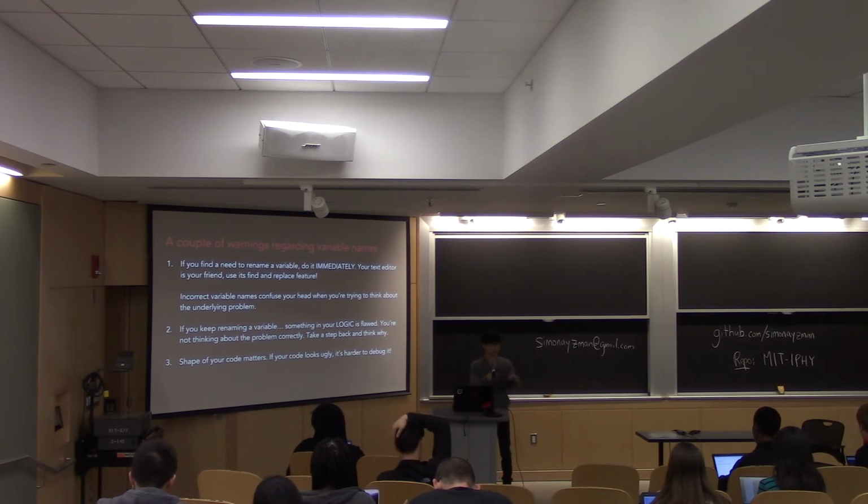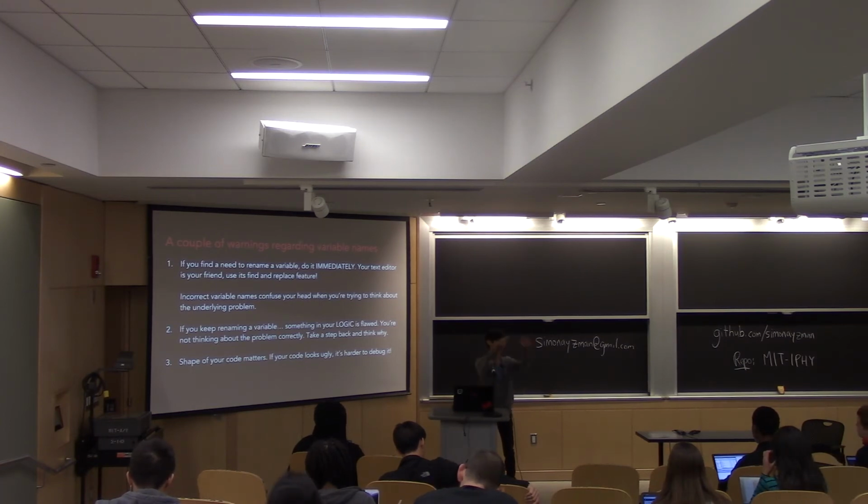Another thing is, let's say you're implementing something and then you're like, oh, this variable's wrong, I'll rename it. And 2 minutes after, you're like, wait, no, I need to rename it again. And you keep doing that. That's actually a sign that the logic of how you're implementing this entire blob of code is probably wrong. It means something is connecting in your head incorrectly, and therefore you're going back and forth thinking about how you're implementing it.